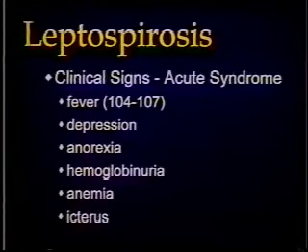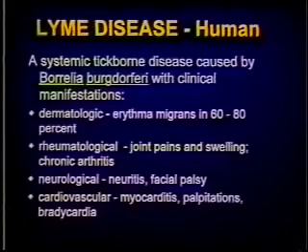So we've listed on this slide some of the clinical signs in the acute syndrome in humans of fever, depression, and also hemoglobinuria, because again this results in a renal infection, and again icterus may be formed. Lyme disease,